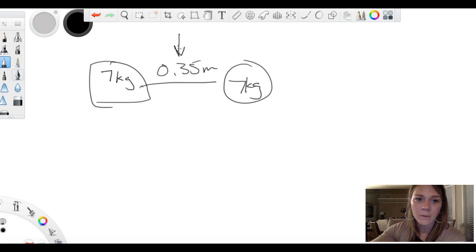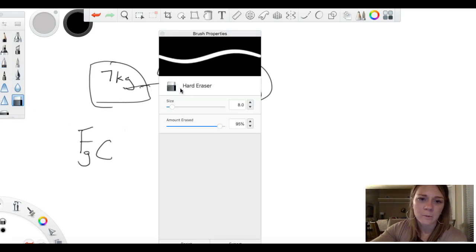At this very small distance, we don't really need to know the radius of these balls. We can just assume that the distance between centers is 0.35. So what we're going to get is the force of gravity is going to be equal to,